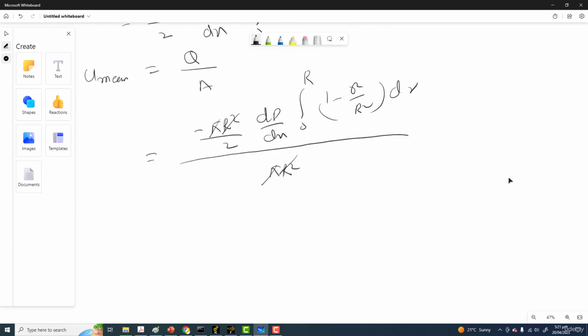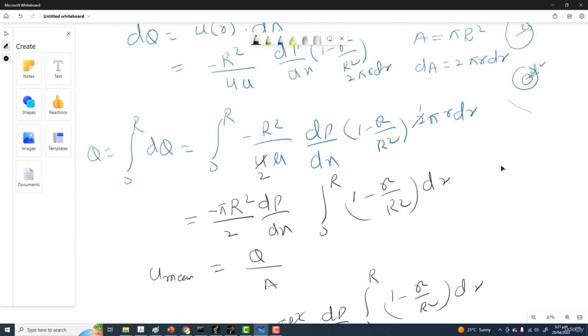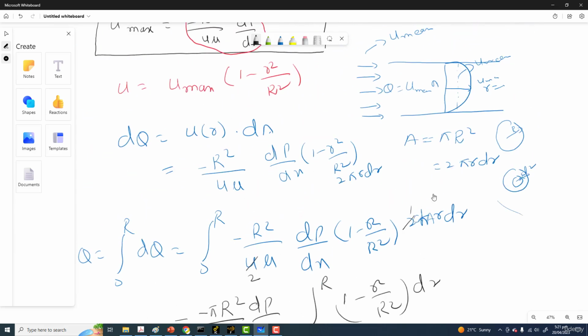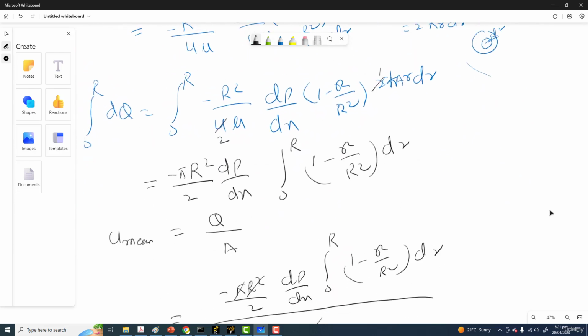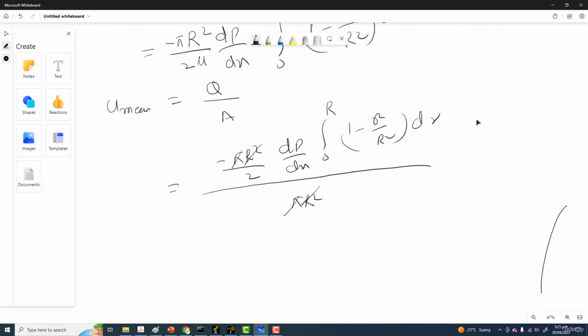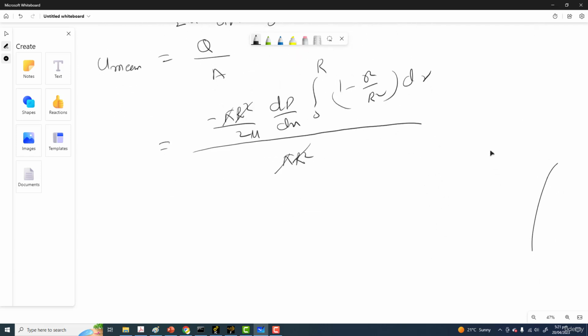So we have the minus, and also there should be the mu. So this mu is inside this thing, so this mu should be here. So this mu should be taken out also. This is the 2 mu. Here also this is the viscosity, so this term should be here. So finally we get the equation as